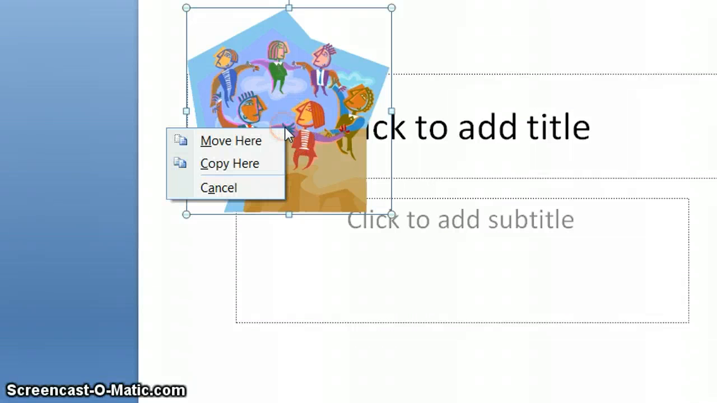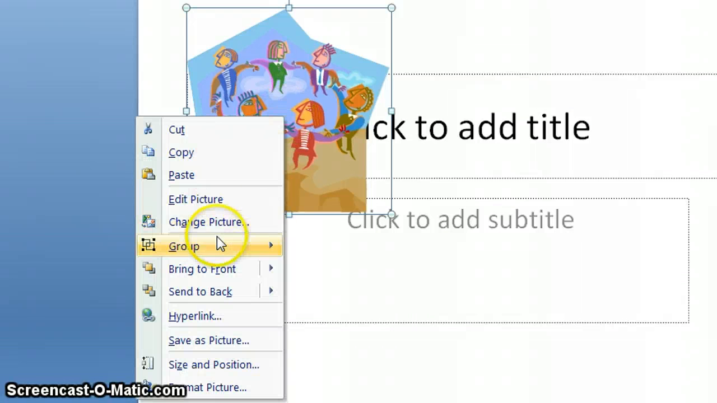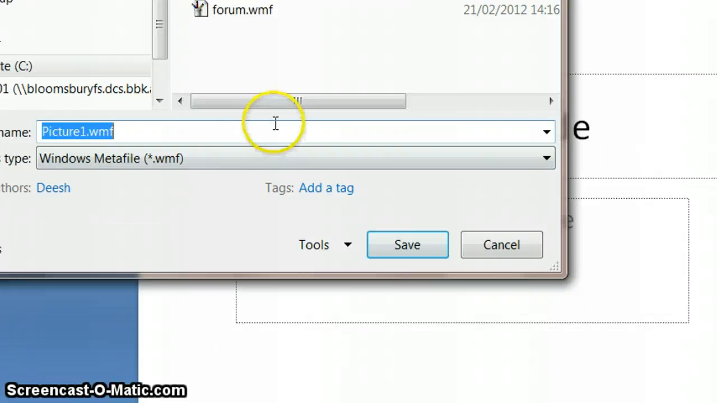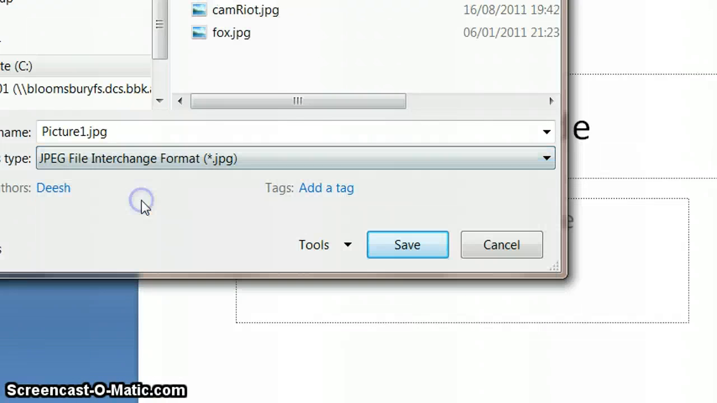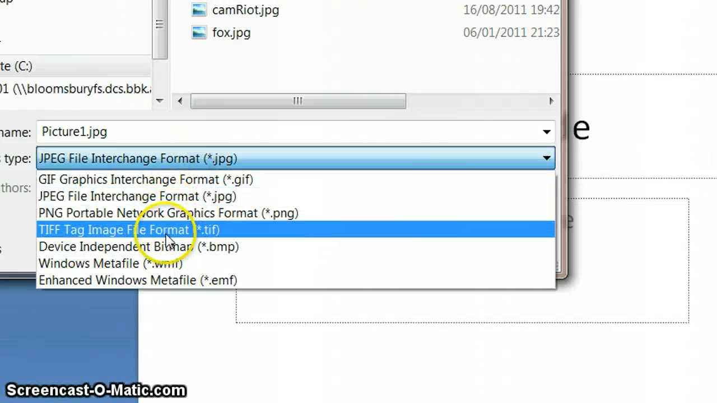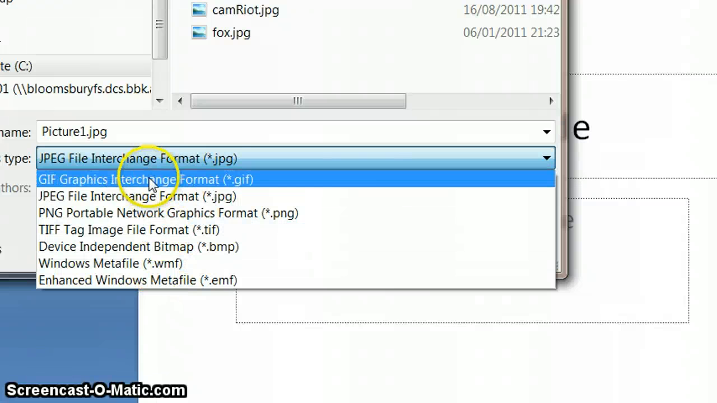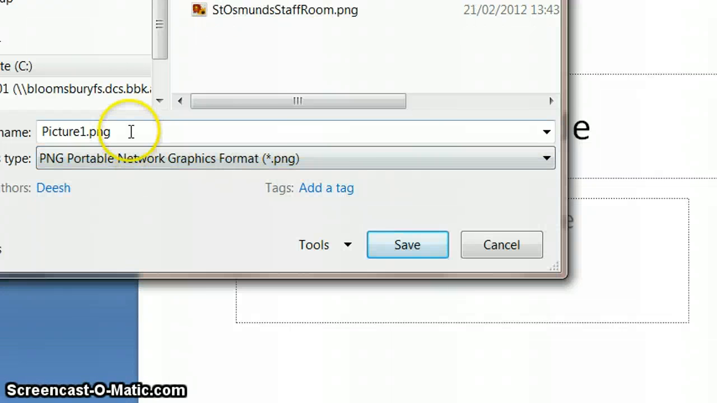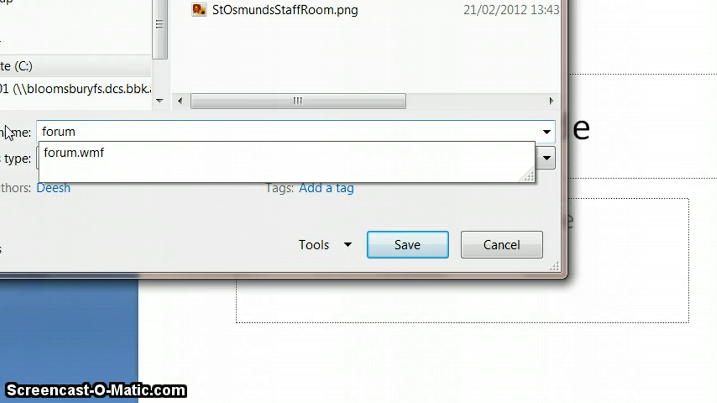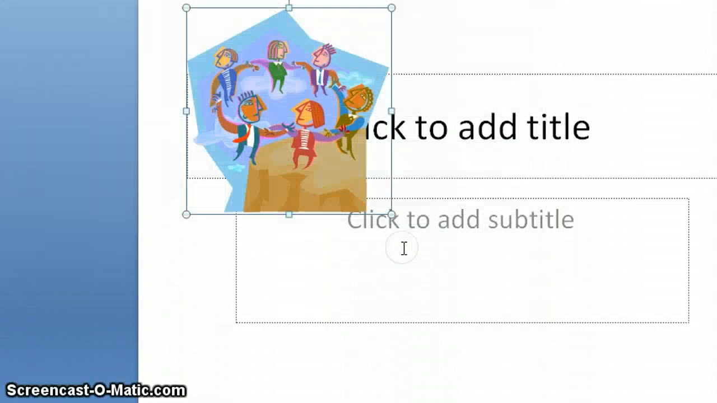I found something which I'd quite like, and I'm just going to right click on that and then ask it to save as picture. And I need to save it as a JPEG file or a PNG file or something like that. Those two, but not the Windows Metafile, because it then won't show as a picture. So either of these two will do. A PNG is a good choice. And let's call this forum. Well, it's a picture which I'm going to use for forum, so that's why I'm just going to call it forum. Go back to my Fronter message,